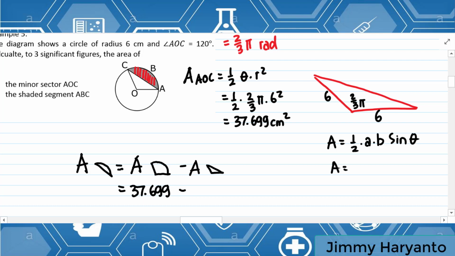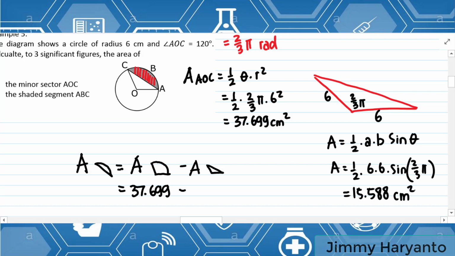So a is 6, b is 6, sine 2/3 pi. Do not forget to change your calculator settings to radians. Sine 2/3 pi. So the result is 15.588